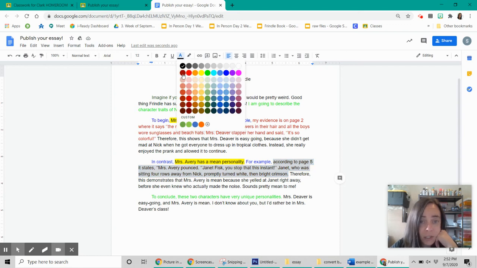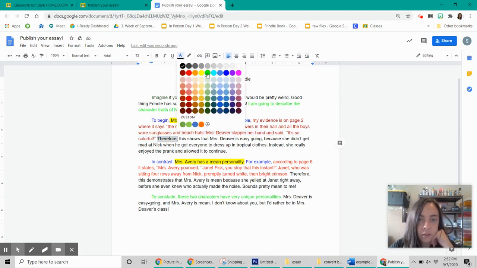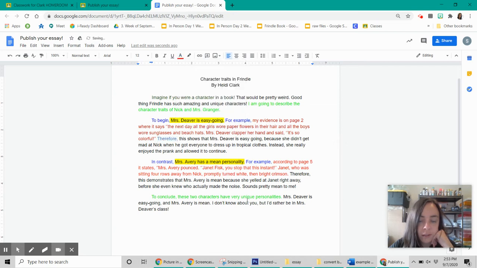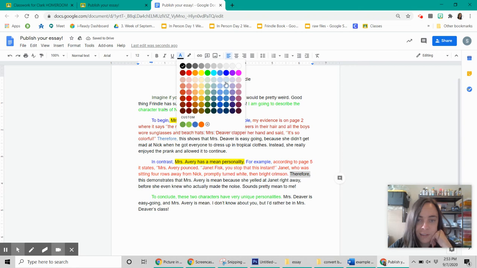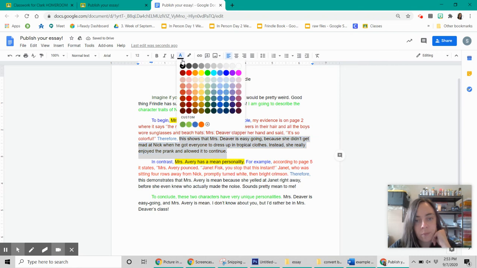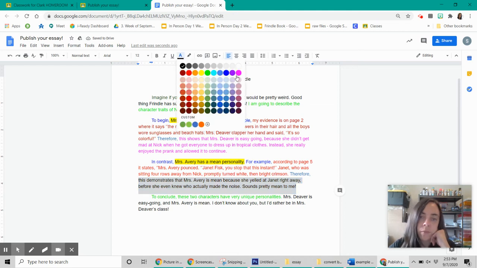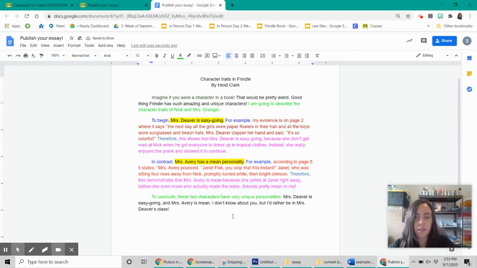Remember, if something gets deleted, do Control Z or undo. All right, next I have another transition word. You like that blue. And then another transition word. And then the explanation is pink. The end doesn't need any color because you already color coded your conclusion statement. This is extra, and oh, I forgot, this sentence is an extra sentence that I added in,